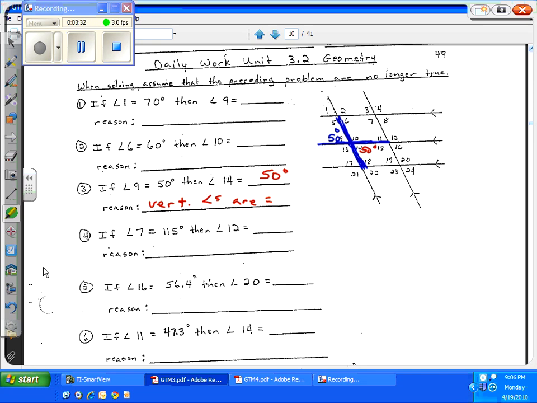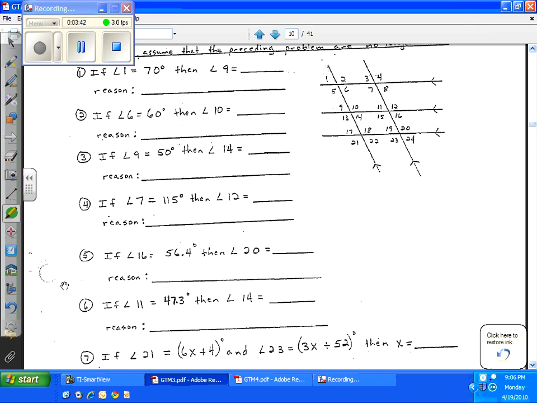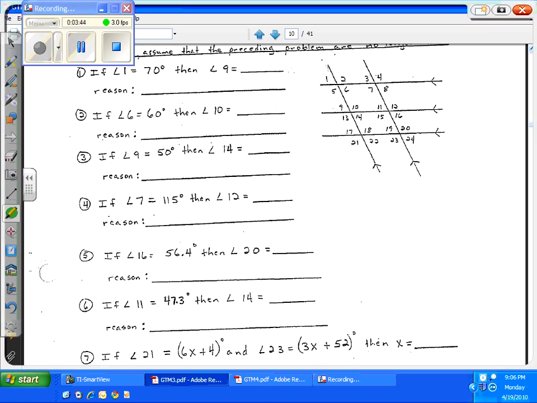Okay, now let's look at number 5. Angle 16, and we want angle 20. 16 and 20, so let's look at those two angles. So if we draw angle 16, we'll start with its vertex and its two rays, and we'll stop when we get to another corner. And then we're going to say angle 20, and we're going to draw it. And when we draw angle 16 with angle 20, you see that it makes the letter C, so they're same side interior. Now we know that same side interior angles are supplementary if the lines that form them are parallel,